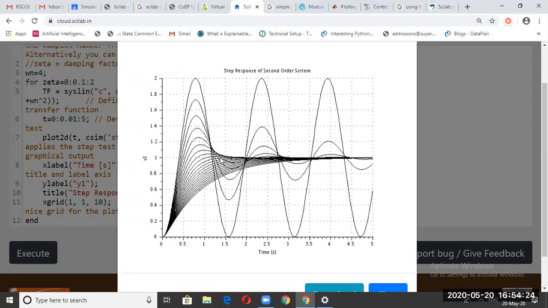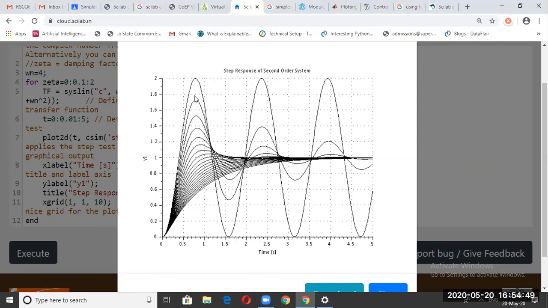You can see at 1 the system is critically damped. There are no oscillations in the system at all here. And at zeta equal to 2, the system has become overdamped. See, when there is no damping in the system, damping is 0, the system has constant oscillations. It is called undamped.